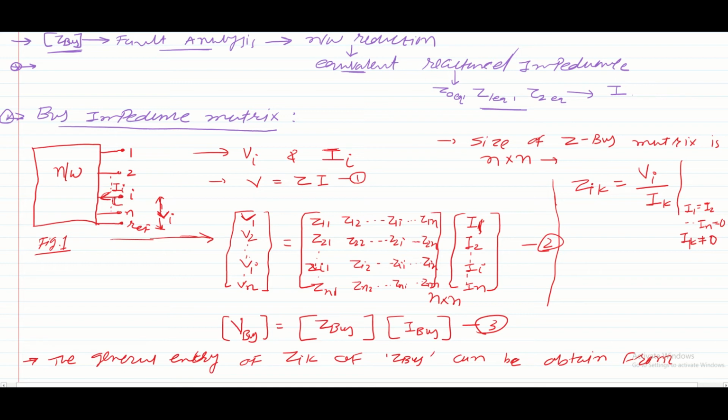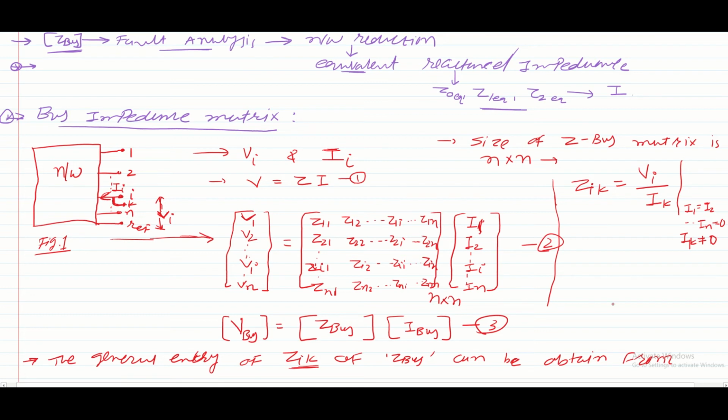Suppose here I can draw a new element connected with some value of impedance. Let us consider that a new element, bus number K, is connected at bus number I. So if I want to calculate the Zik after connection of this K onto the ith bus, the Zik